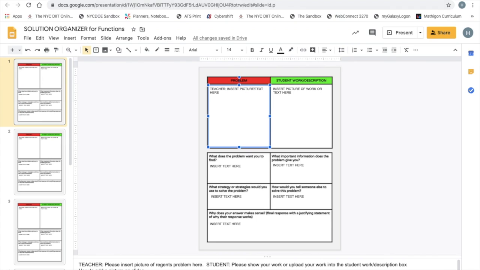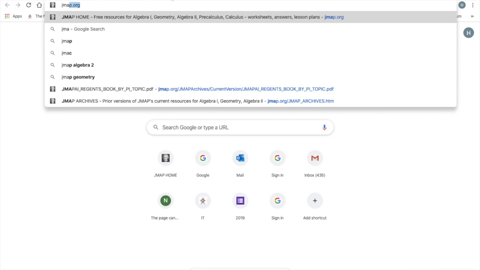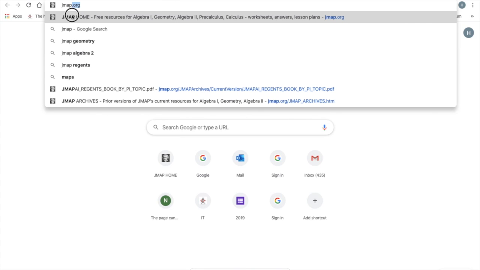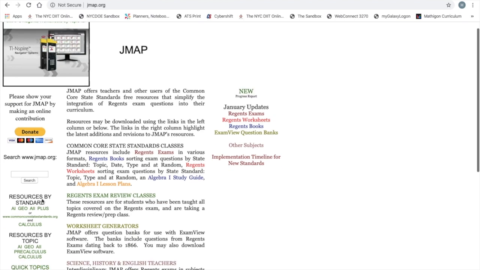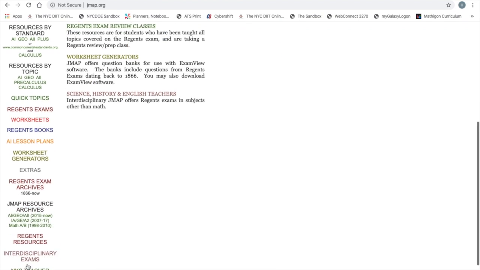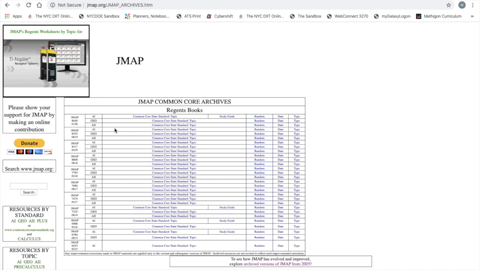So right now, one of the things that I have told all my teachers to work with is JMAP, and then you go to JMAP. And I am currently on a Mac, so I'm going to show you both how to do this with a Mac and also how to do this with a Word document. So I'm going to go down here to Algebra 1,